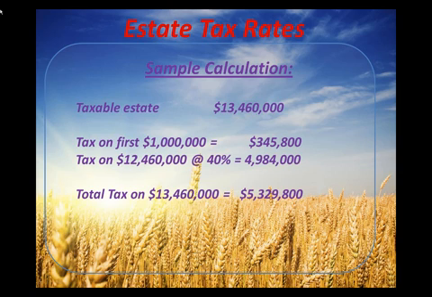$13,460,000, the tax on the first million would be $345,800. The rate actually goes from 18% on the first $10,000 on up to the 40% on anything over $1 million. So rather than list out all of the brackets in that first million, I just lumped the $345,800 as a total, and then the tax on the remaining $12,460,000 would be at 40%, making the total estate tax